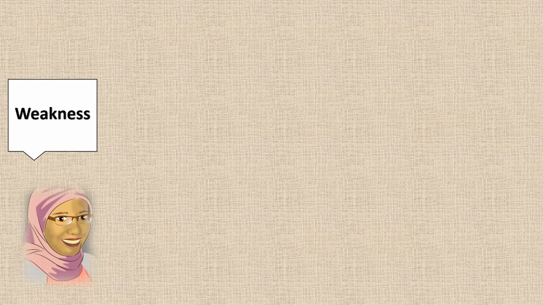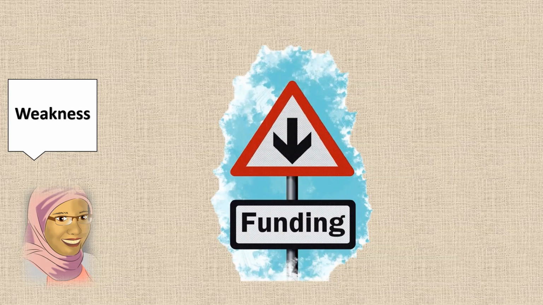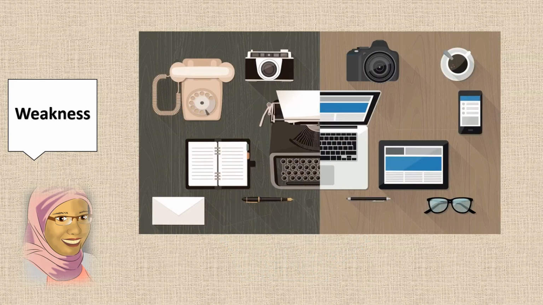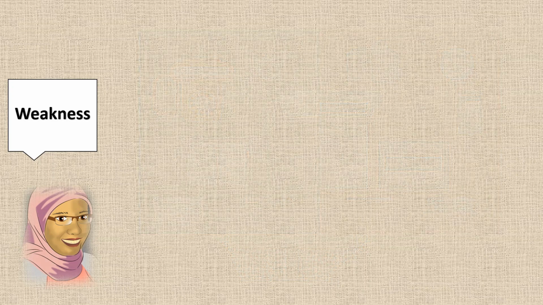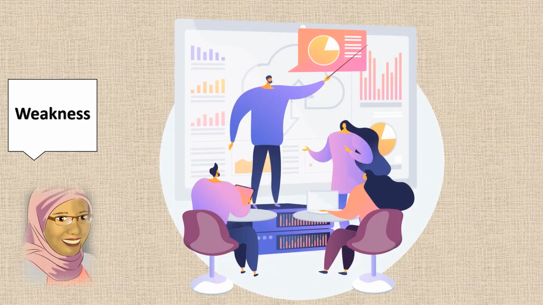Next is to be honest about your event's weaknesses. It's equally important to be honest about your weaknesses. This might include things like lack of funding and expenses for things like outreach and venue rental. Second is lack of technology you'll need to run an efficient event. Part of the motivation of listing your weaknesses is simply to acknowledge them with full transparency. Stakeholders and investors need to know what they are setting themselves up to contend with.